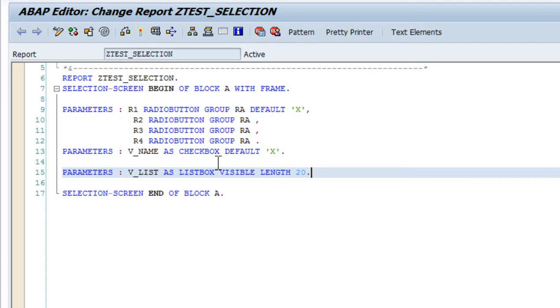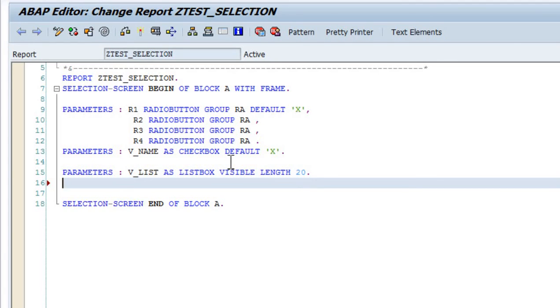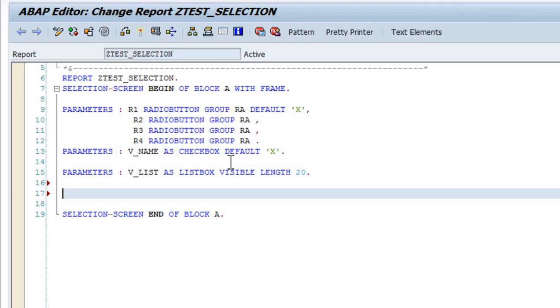Now I will show you the last one, the obligatory default. That is used when you want to put some value by default and the code has to be executed by giving that obligatory value. So for that you should write parameters,